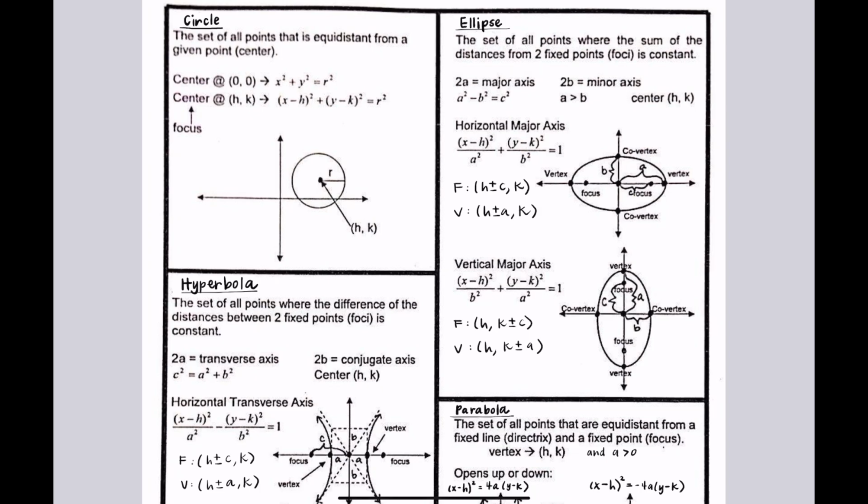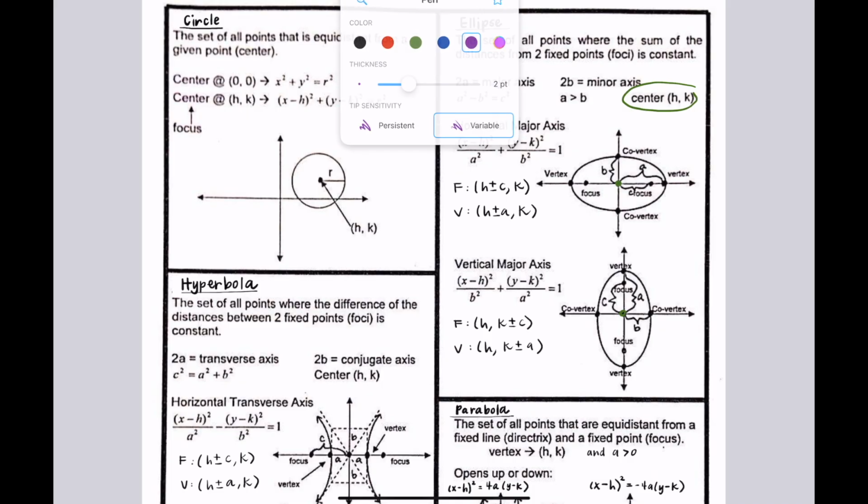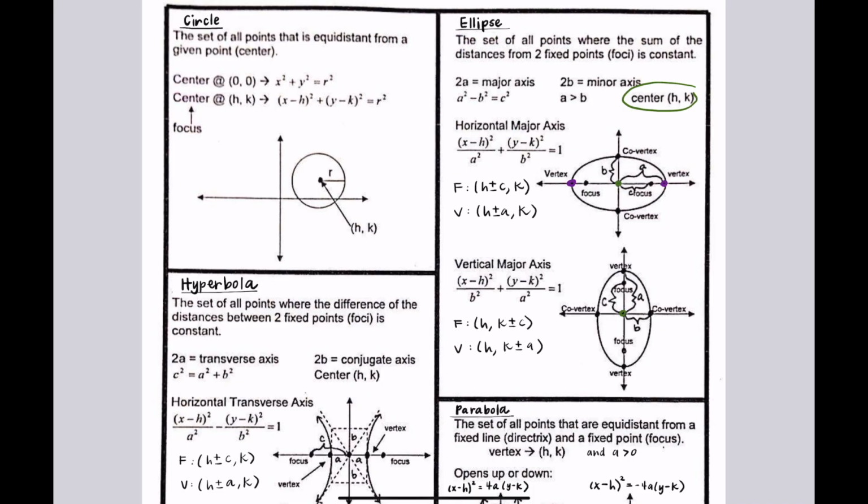We're going to be looking at ellipses where our center is at some point h comma k. If we have a horizontal major axis, that means the equation of this ellipse is (x minus h) squared over a squared plus (y minus k) squared over b squared is equal to 1. So h comma k represents our center, and a represents our distance from the center to each vertex,